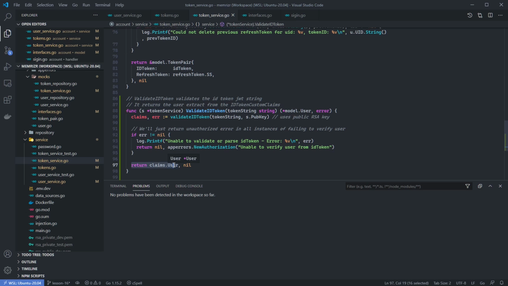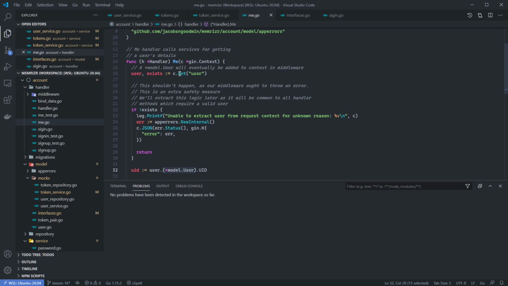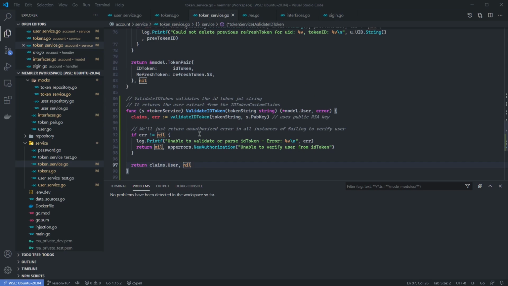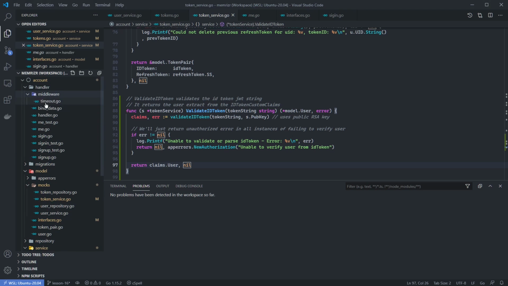If you remember at the very beginning, we looked at the me handler and we got a user here, and then it was expected to be of type model.user. We're now ready to create our middleware to extract the authorized user. So let's go here, middleware. We have one already. Let's add a new one, and let's call this